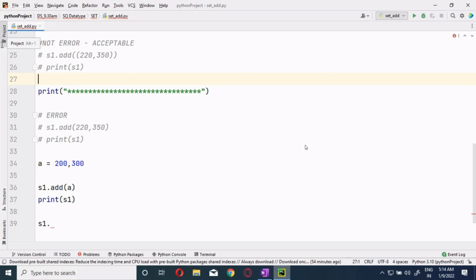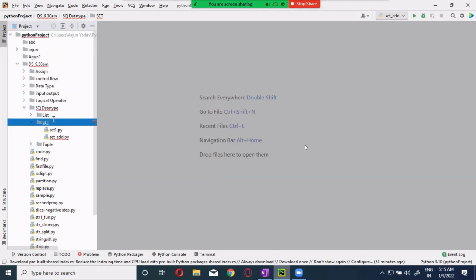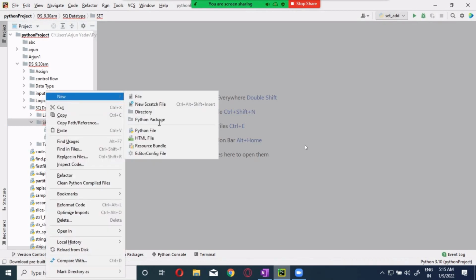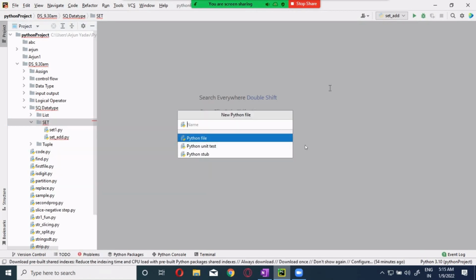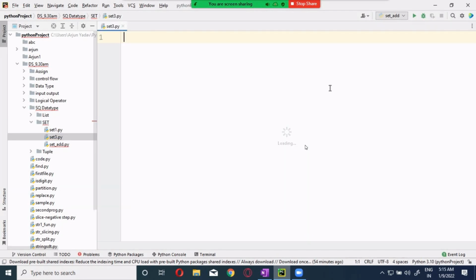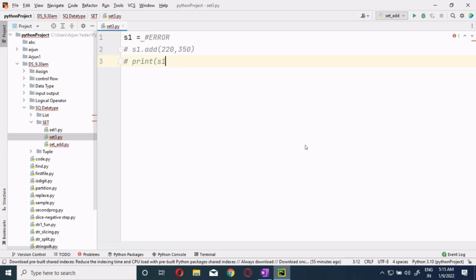Okay. Now, let's go with the update, guys. Or let's do the update at the last. Let's go with the other one, set 3. Like there is a copy. Now here, there is no deep copy kind of concept over here. Now S1 is equal to, we have something.